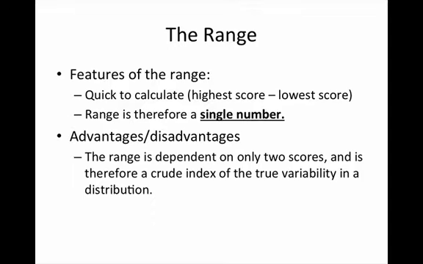In terms of the advantages, it's a useful metric to get a quick and dirty look at what the range of our variables are. It's a nice way to get a kind of snapshot of the variability. If we go back to the previous lecture, we can find out what the lower tail is and the higher tail is from the range. But the range is dependent on only two scores, and so it's kind of a crude index of variability in